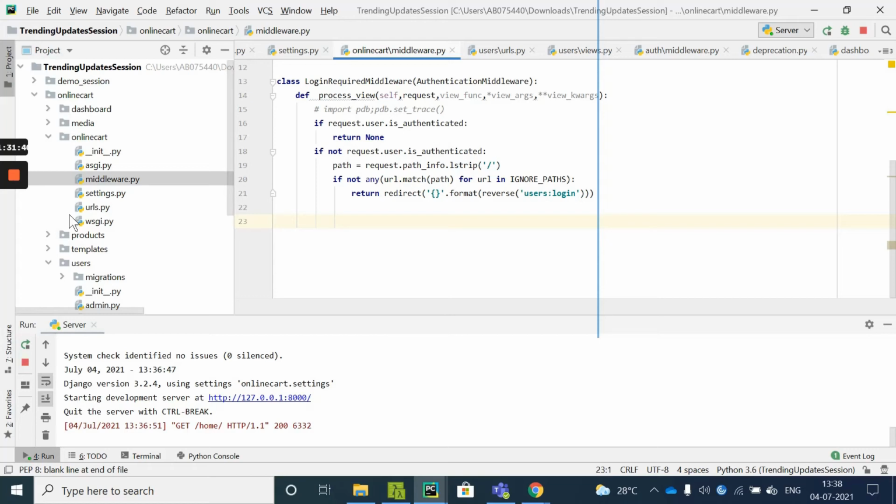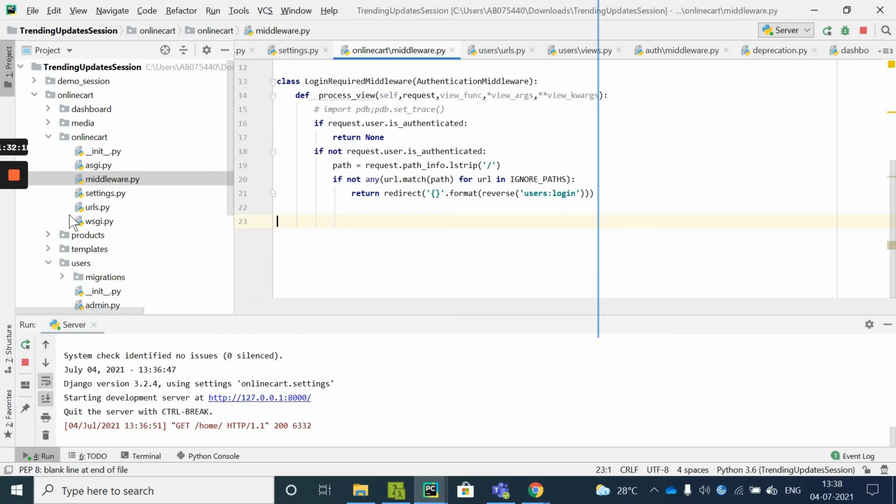Let's consider this example. There is an army person who keeps an eye on enemies. He got an order: whenever he sees an enemy, just shoot him. So whenever he watches the enemy, he performs an action. Django signals work in the same manner. Whenever you perform certain operations, that operation will trigger some function. This is where the concept of Django signals comes in.